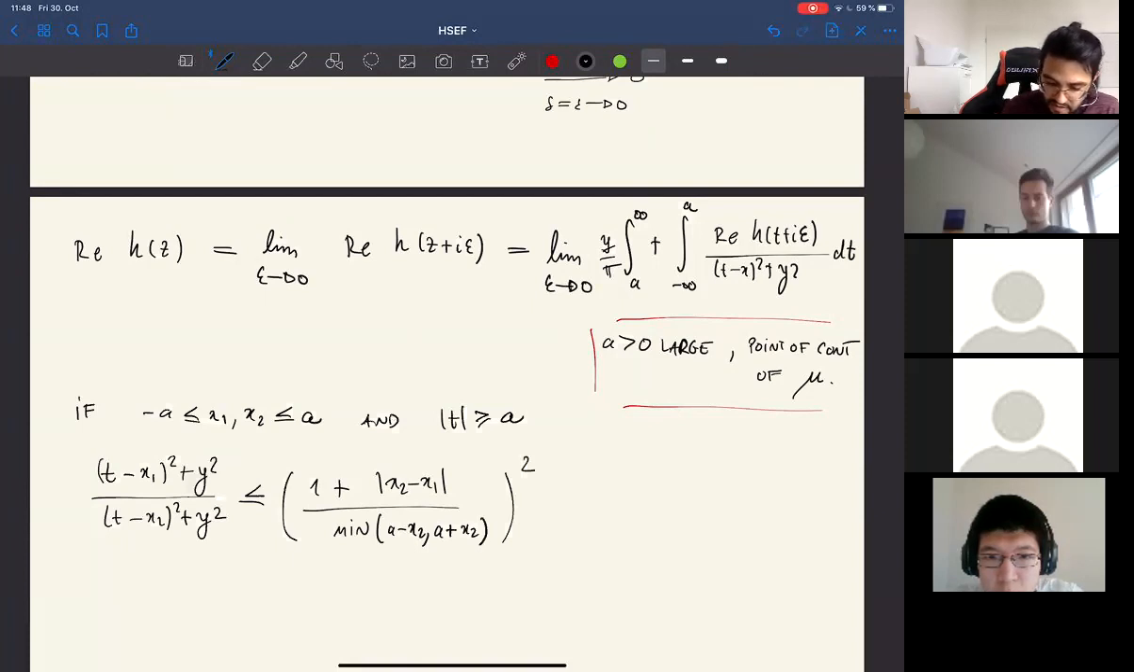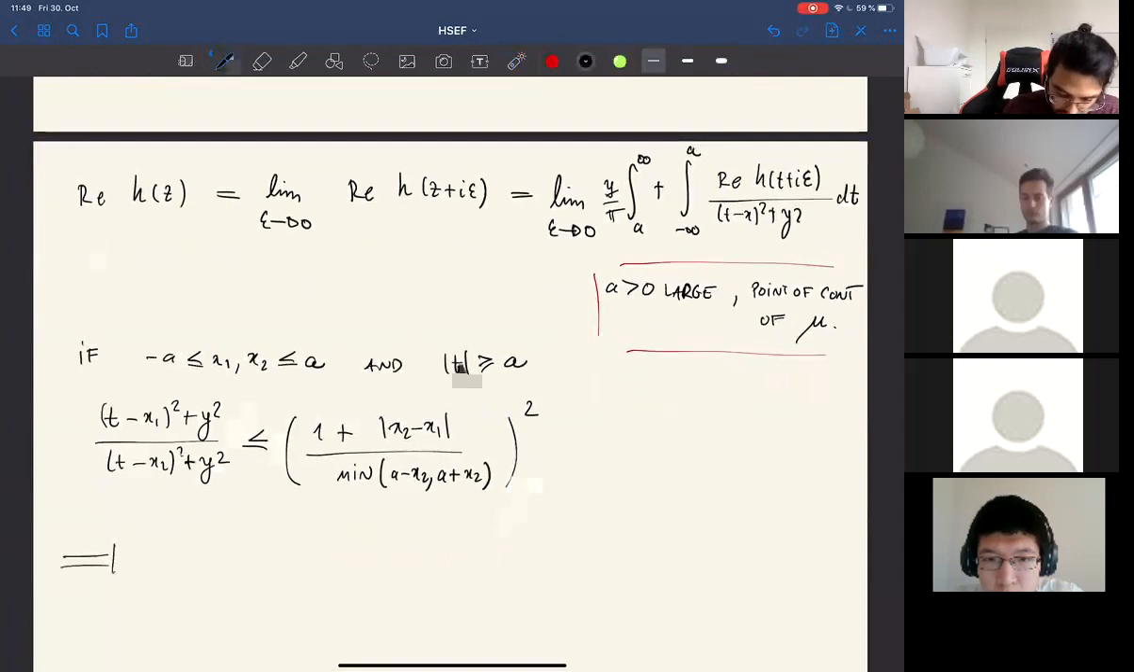So basically, this stuff here is the distance of x2 to the boundary of the interval minus A, A, and you have this thing here. So you removed completely the dependency on y and t. Okay, this is an easy inequality to show. So if you use that inequality here, together with this limit, that would imply that the real part of h of x plus x1 plus iy is actually less or equal than this,